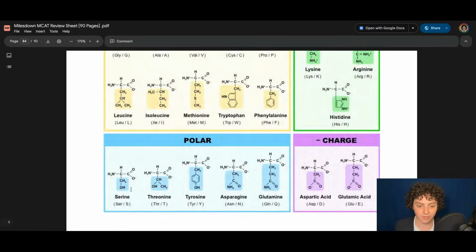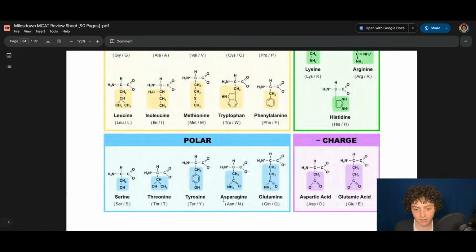threonine, which is like serine in its R group, except that the C that comes off of the alpha carbon is bound to a hydroxyl, an OH group, and a CH3 group. Then there's tyrosine, which between the alpha carbon and the OH group has a CH2 and then an aromatic six-membered carbon ring.